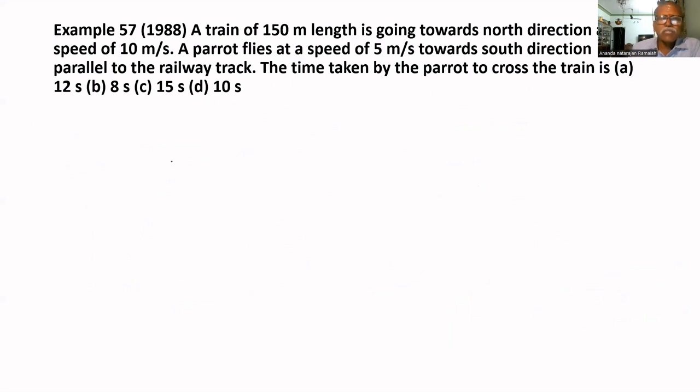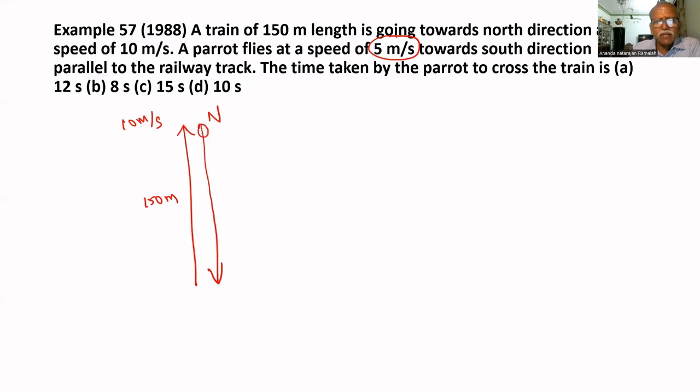A train of length 150 meters is going towards north. North means always top. Going towards north direction at a speed of 10 meters per second. A parrot flies at a speed of 5 meters per second towards south direction, parallel to the railway track. Parrot is flying here. It has to cover 150 meters towards south direction at a speed of 5 meters per second. Both are parallel. The time taken by the parrot to cross the train is,